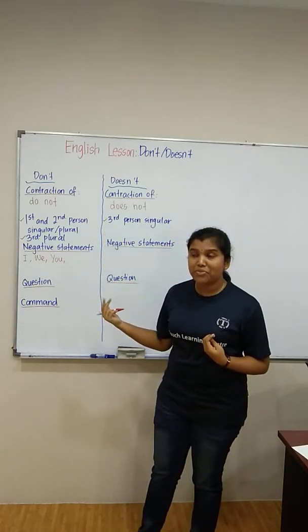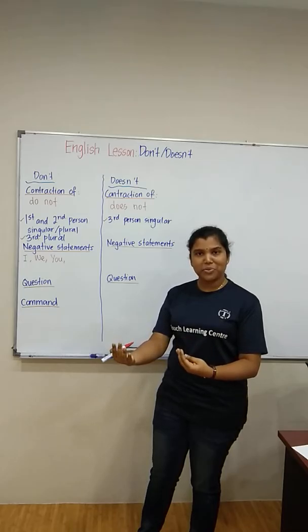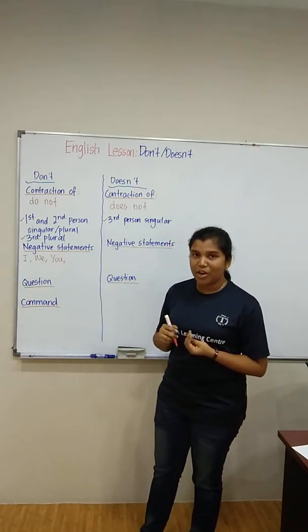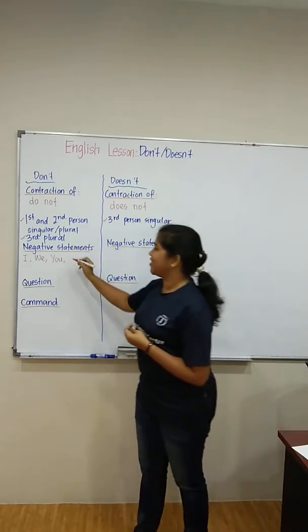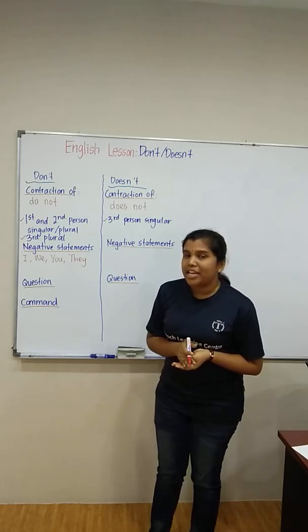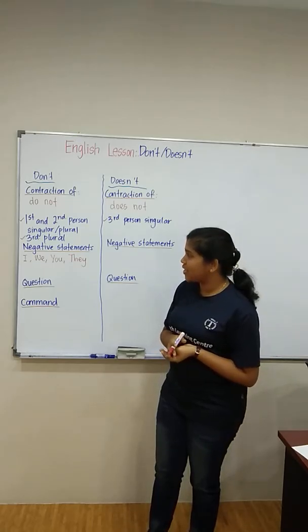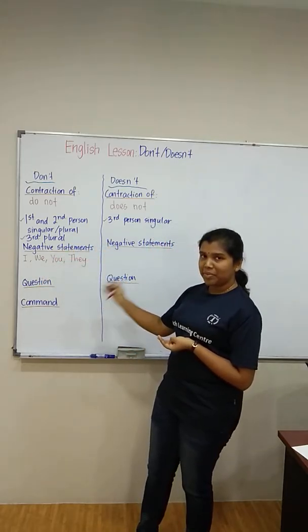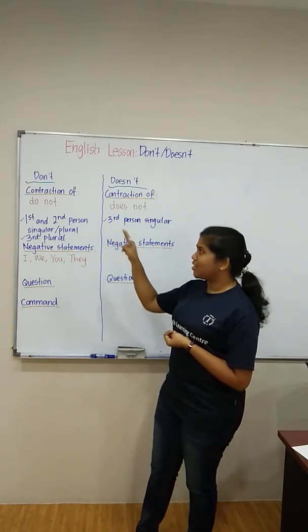If I have a lot of you in front of me, I still call them you. And third person plural, we call them they. Only when your subject pronouns consist of I, we, you, they, then we are going to use don't,